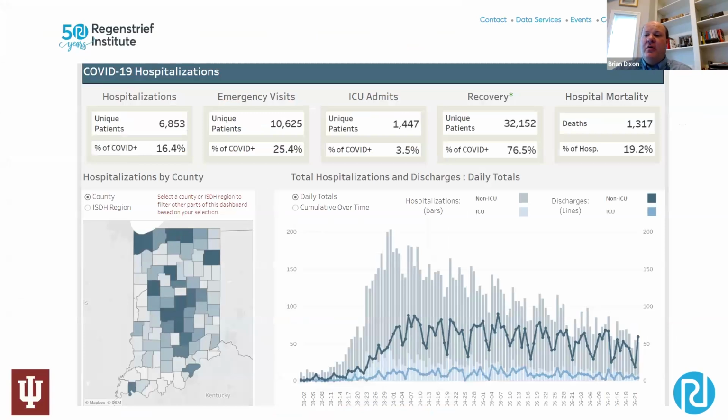Similarly, we put together a community level dashboard to track hospitalization events and clinical impact of COVID on our health system. This is by applying Tableau, which is an information visualization tool, to support the public health or population level data, so we could look at data again statewide or within a county.